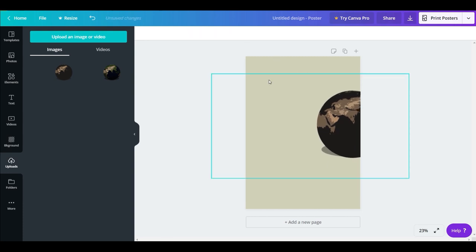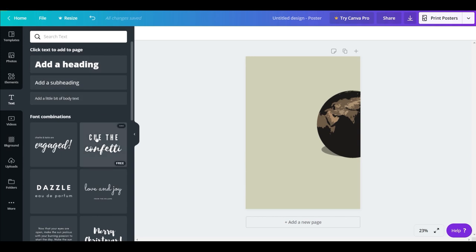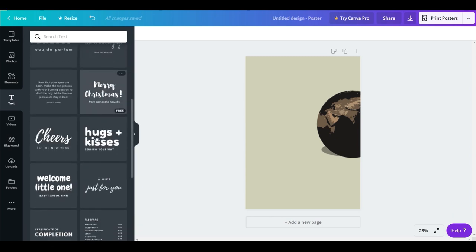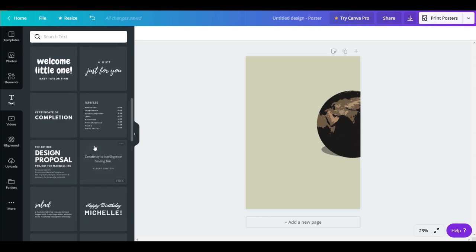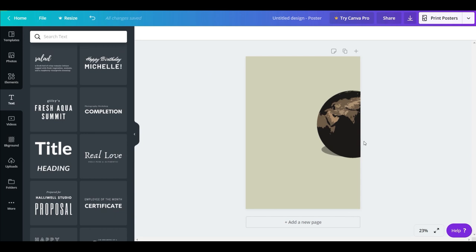Now it's time to add some text, since it is too plain, so click on the text column. You can observe that there are two different ways to create text in Canva. One is you can create your own heading, subheading, or body of text. Otherwise, it already has some pre-suggested template kind of texts for you. Whichever text you like in here, you can just select it and it will automatically apply to your design.